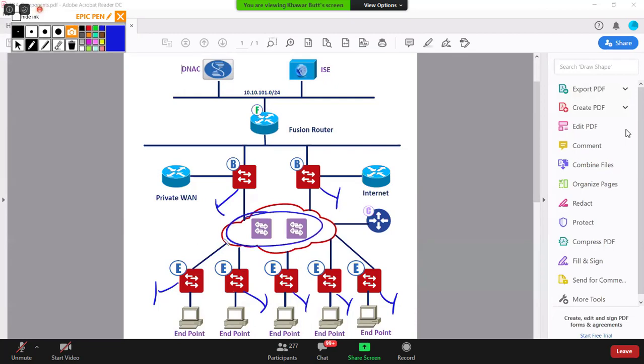switch infrastructure. Now, does the underlying infrastructure that is connecting your borders, which are towards your DNAC, and edge, which is towards your endpoint, do they have to be SDA compliant? These guys over here, they don't. If you want, you can run them as your normal layer 3 devices. This could actually be a router. It could be a layer 3 switch, a normal layer 3 switch, a switch that does not necessarily have to be SDA compliant. So if you don't want to spend extra money to get a SDA compliant switch in the underlay, you have the ability to get your normal existing L3 switches and provide reachability between the different borders and